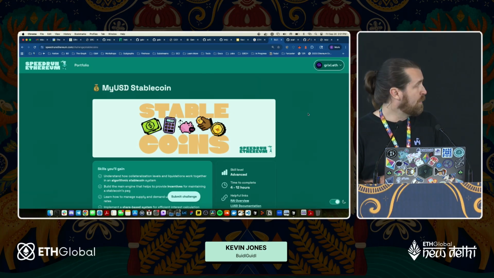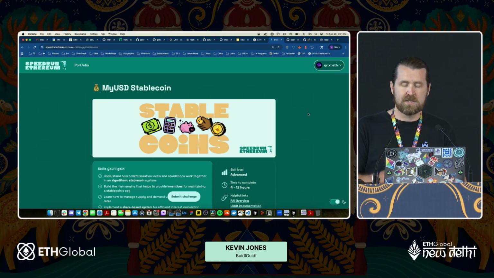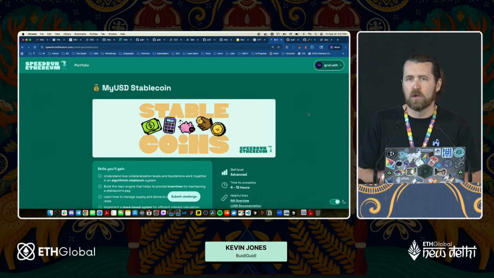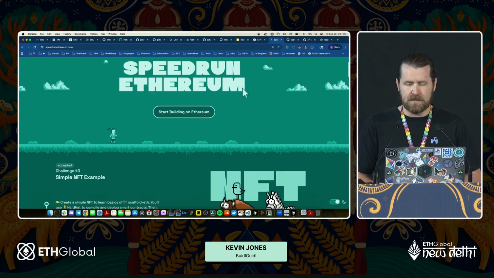But I'm going to talk a little bit about the challenge. I'm going to show off the completed version. We're going to do a demo of it so that you guys can see what the solution looks like and talk about some of the things that you will learn to understand when you're building the stablecoin challenge. You can get the challenge by going to Speedrun Ethereum and scrolling down